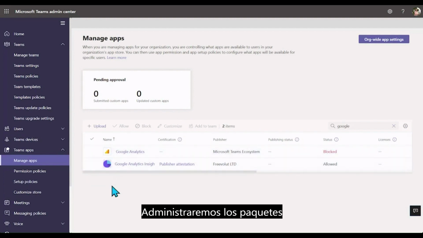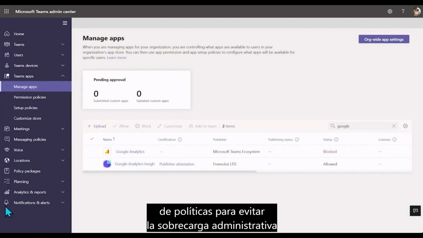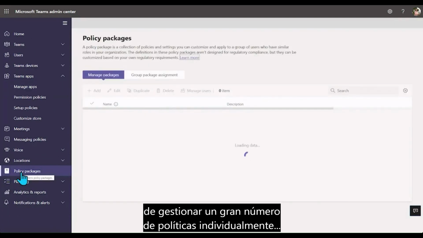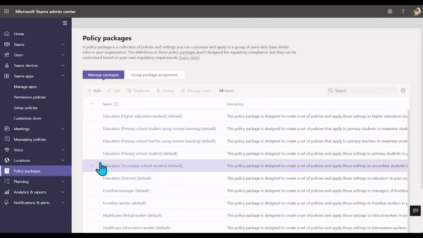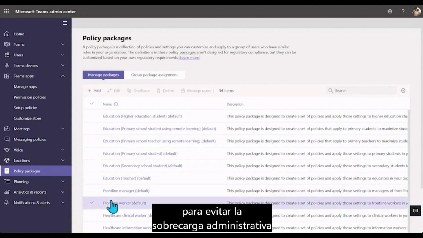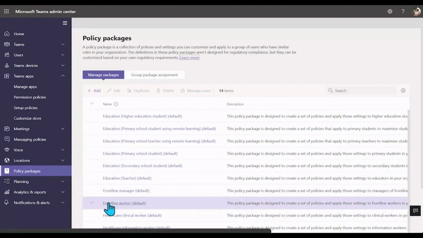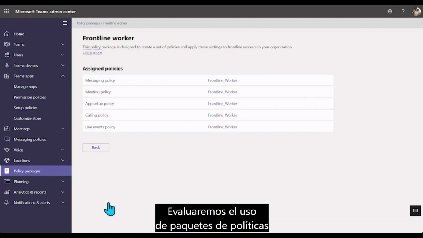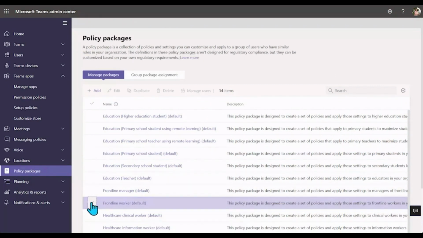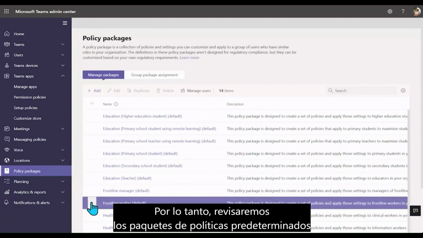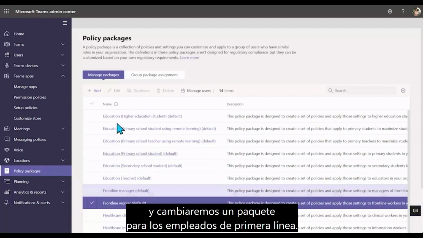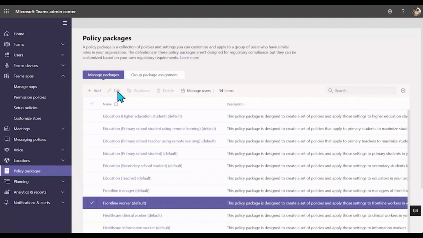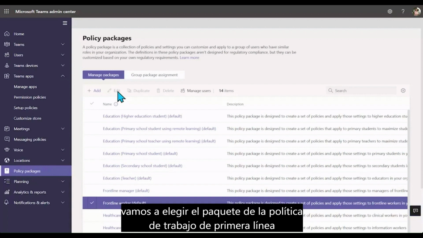Now we'll manage policy packages. To avoid the administrative overhead of managing large numbers of policies individually for groups of different users, we'll evaluate using policy packages to group policies into logical units. So we'll review the default policy packages and change a default policy package for first-line workers. So under policy packages, we'll choose the frontline worker policy package,